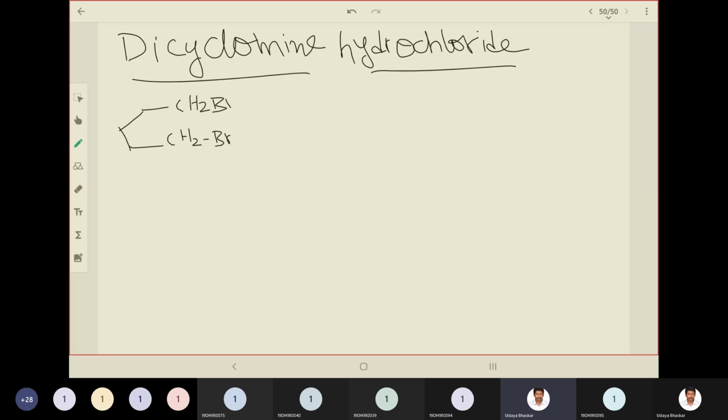So, what is the name? Number of carbons 1, 2, 3, 4, 5. 5 carbons. At both the ends, we have bromide ions attached to it. So, dibromo pentane. So, 1,5-dibromopentane. This is the starting material